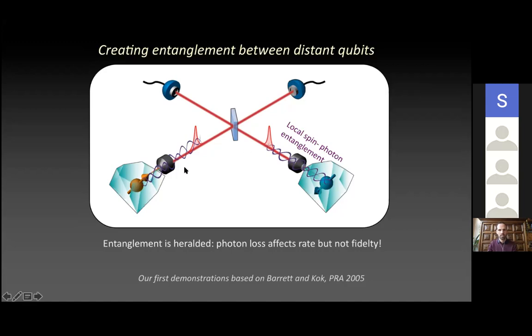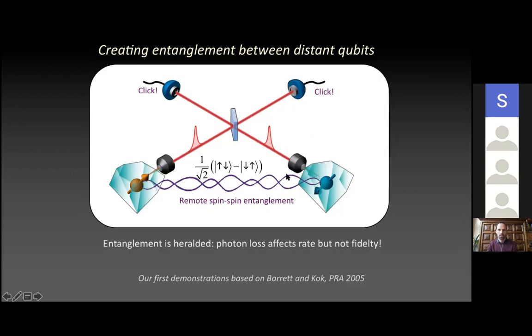You do this in a synchronized way, such that these photons, when they travel towards the beam splitter, overlap on the beam splitter, and then you look for detections on the output arms of the beam splitter. In the 2-photon scheme, if you detect both photons, you project the spin states onto a maximally entangled state. What is important here is that these are measurement-based schemes. They are intrinsically probabilistic. This scheme can, even without photon loss, only work 50% of the time.